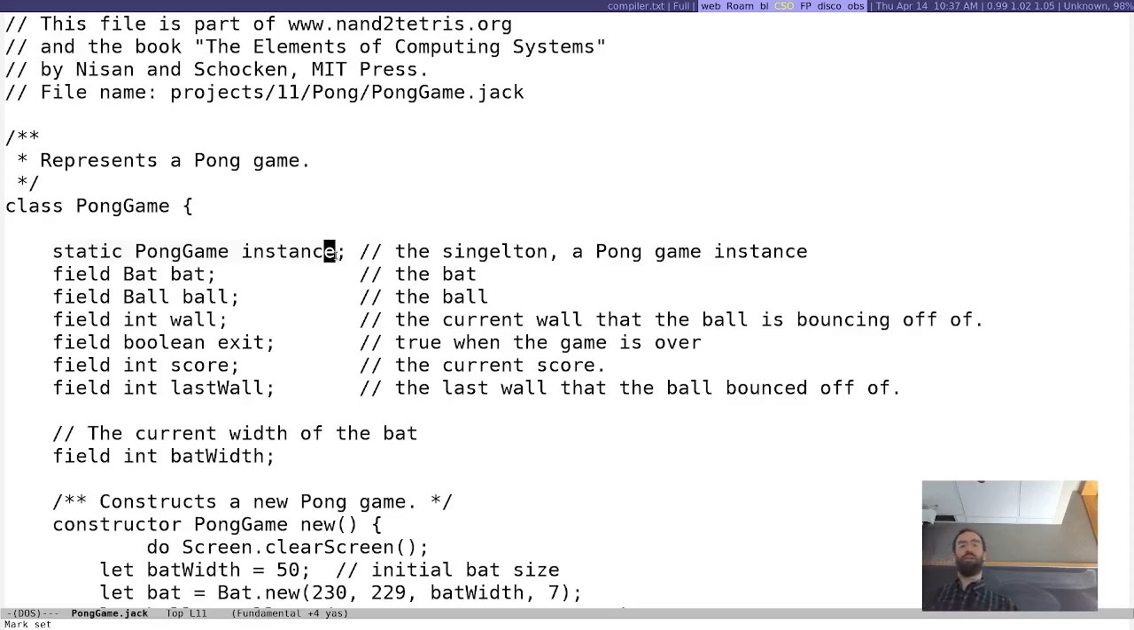Why would you want this? There's a few reasons. And Java has this too, and it uses the same keyword, static. So you can make a static field and it'll be shared among all objects of that class. It's not super common, but